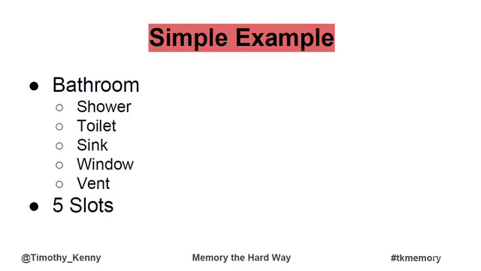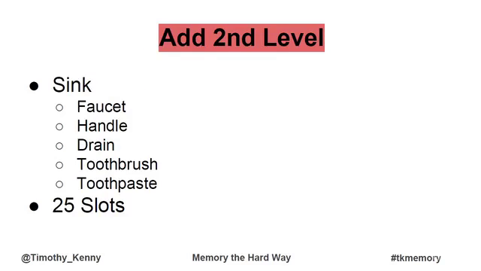That's the first level. That's the primary level. The second level is we're going to take an individual part of that environment or an individual large object. In this case, the sink. So what are 5 parts of the sink? Well, we have a faucet, we have a handle, we have a drain, we have a toothbrush, and we have